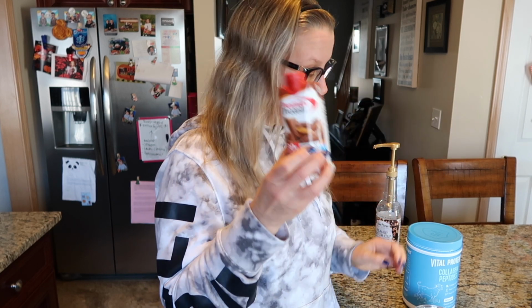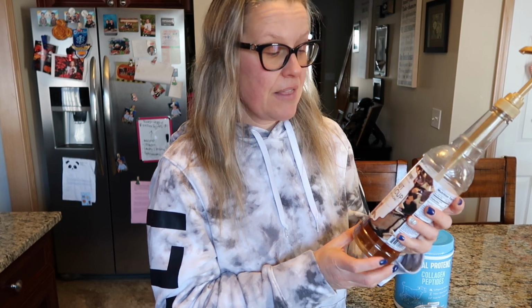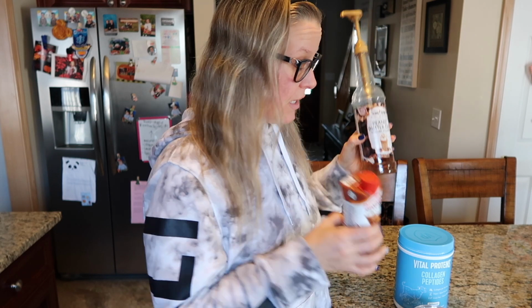But I put a little bit of this in there, and then because I don't put sugar, and sometimes this is just not sweet enough for me, I always add a little bit of the skinny syrups. This is the peanut butter cup one. Let me tell you, my coffee tastes delicious today with the peanut butter cup syrup and the peanut butter cup Premier Protein. So my coffee is 2 points, and to me that's worth it,